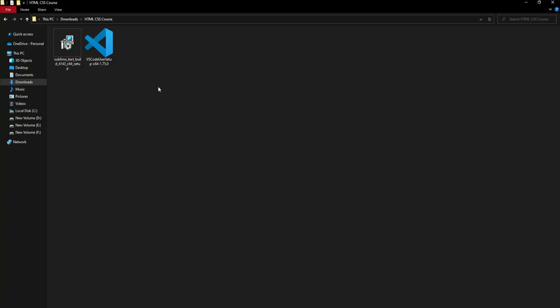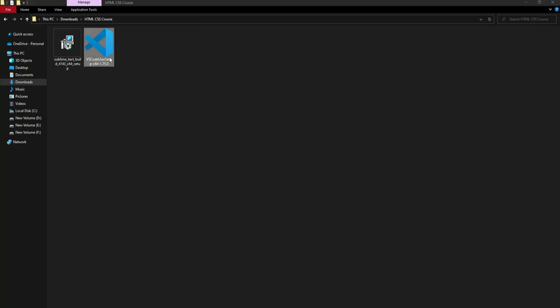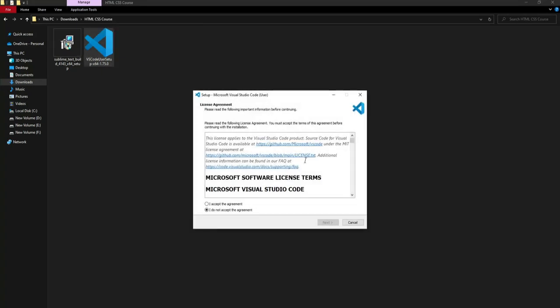So you can see here are the software that we have downloaded. First of all, let's install the VS Code IDE. We will double click on the exe file of VS Code, and after that we will click on I accept this agreement. So we just need to select this radio box from here and we will click on